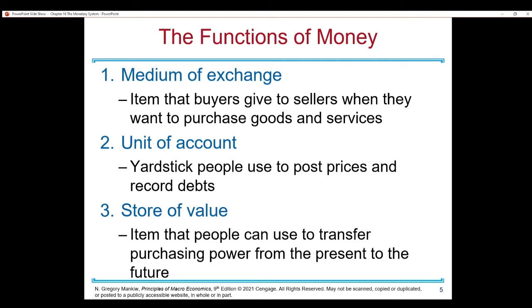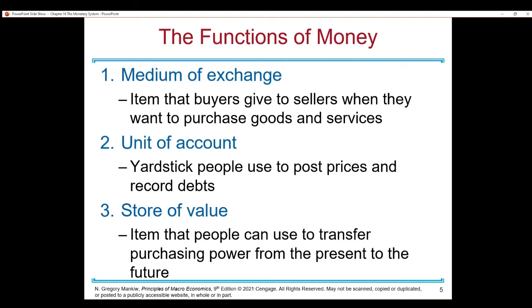So this is the part where it's greasing the wheels of an economy and allowing trade to happen. I give you a few dollars, you give another person a few dollars, and we don't need to care what each other wants because we all want money. We all want cash or US currency, US dollars, any dollar, rubles.